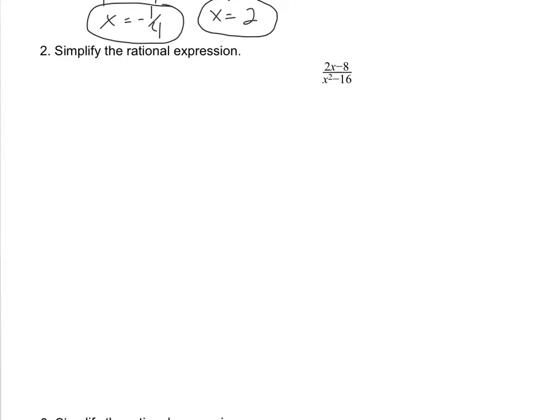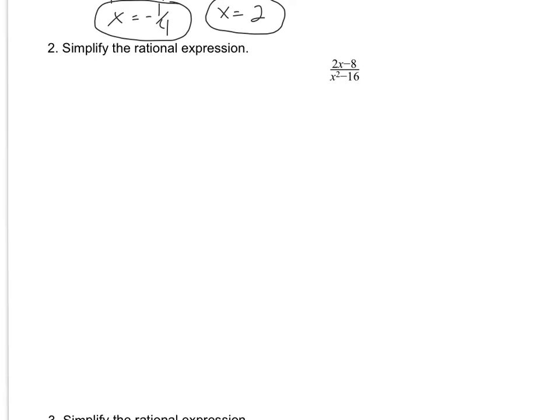Our second problem deals with trying to simplify the rational expression. Now when we're simplifying the rational expression, if you recall, we got to make sure we factor first. So if I look at the top, I have 2x minus 8. So 2x minus 8, they're both even, so I can take a 2 out of that numerator. So if I take a 2 out of 2x, I'm left with an x. If I take a 2 out of negative 8, I have a negative 4 left. So the numerator will factor as 2 and x minus 4, and no further because x minus 4 has no exponents or anything. Now the bottom has x squared minus 16,